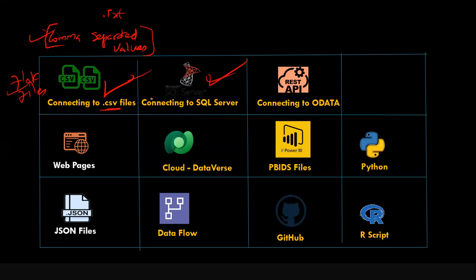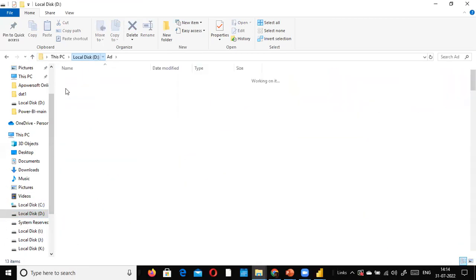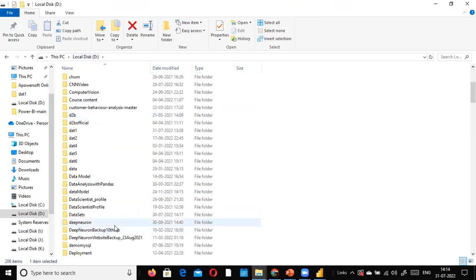Today we will take a look at how to connect to folders. So what are folders? We know very well what a folder is. Even you all know what a folder is. So these are called your folders, and different folders are there. Here what I do is